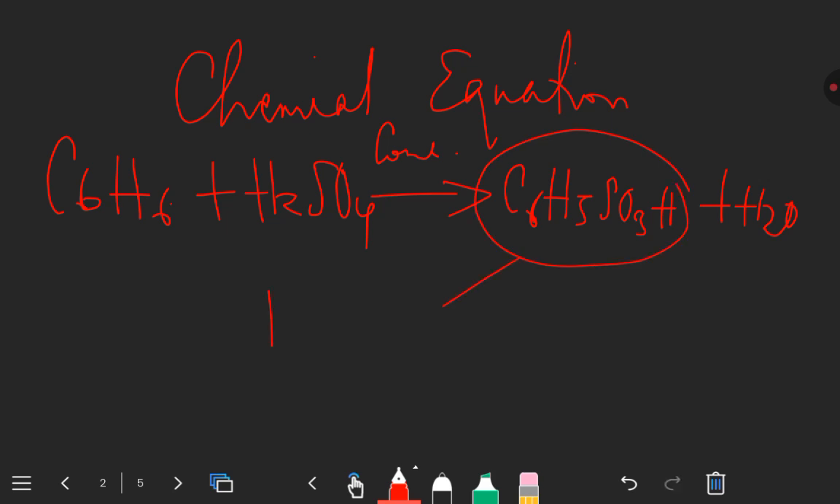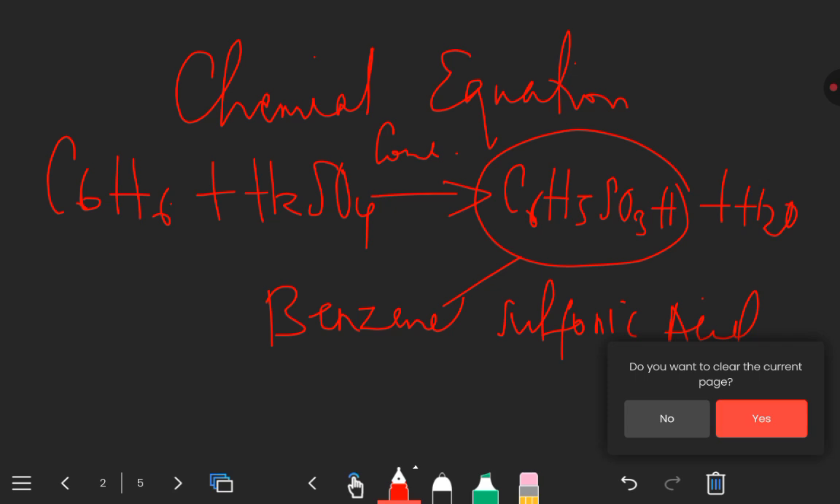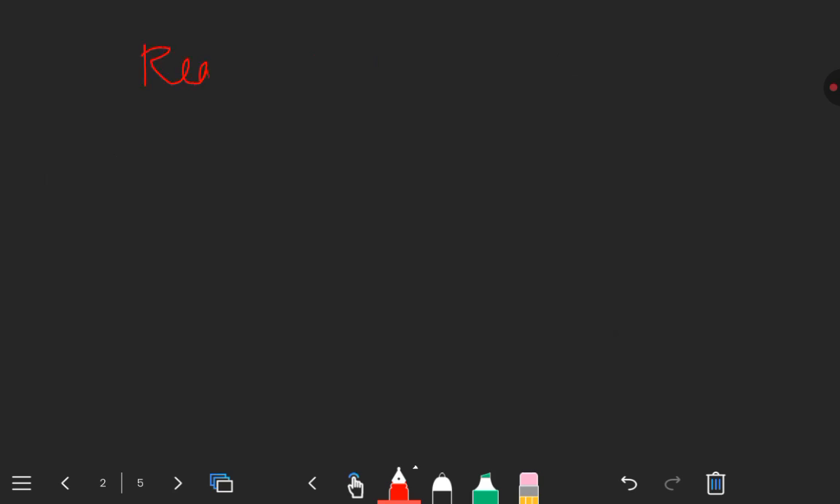Okay, so this product which is formed is what we call benzene sulfonic acid. Okay, so let's look at the reagents which are used in this mechanism. So the reagents,